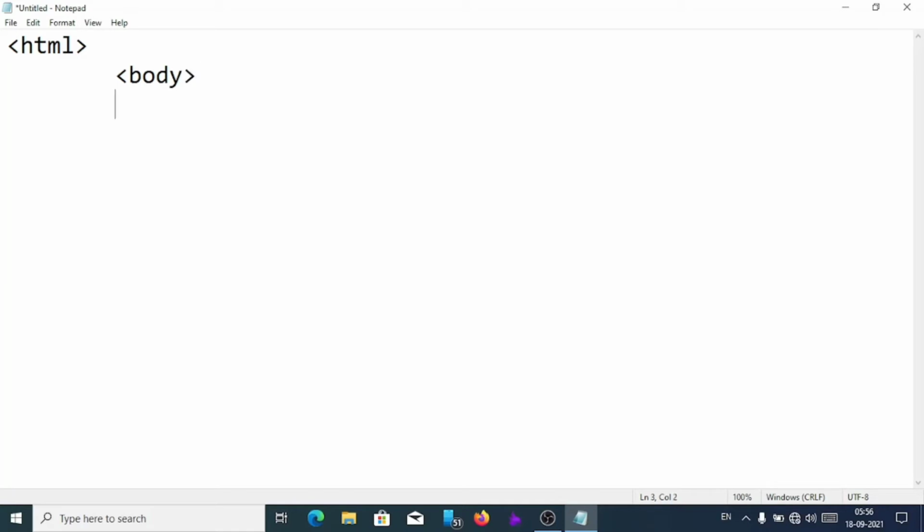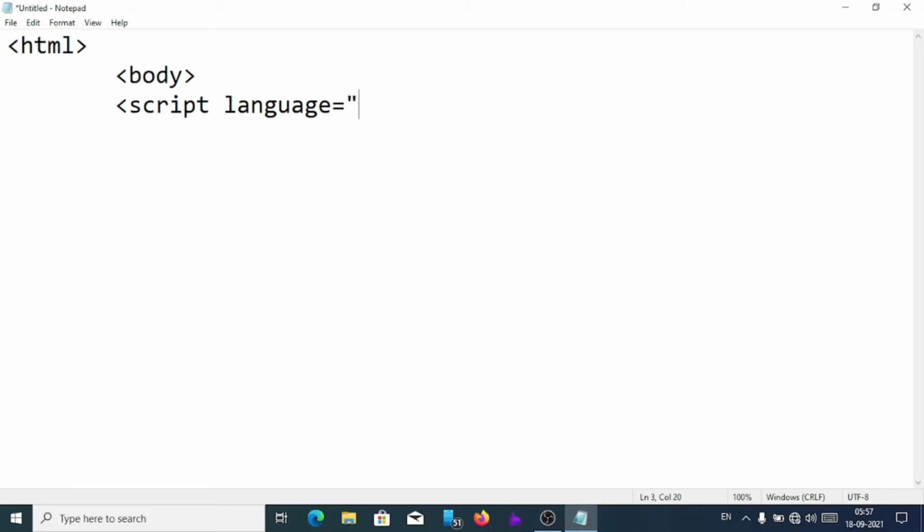Then we'll write here script language. While writing JavaScript, try to write everything in small letter, then you will get very few errors. If you mix up capital and small letters, then there will be a penalty of mistakes. So better write everything in small letters.